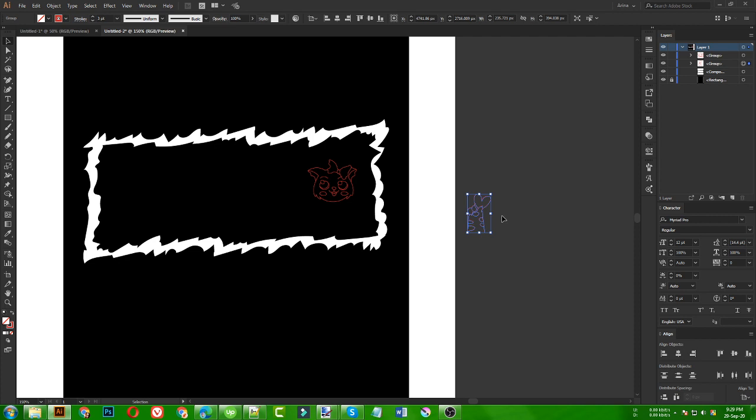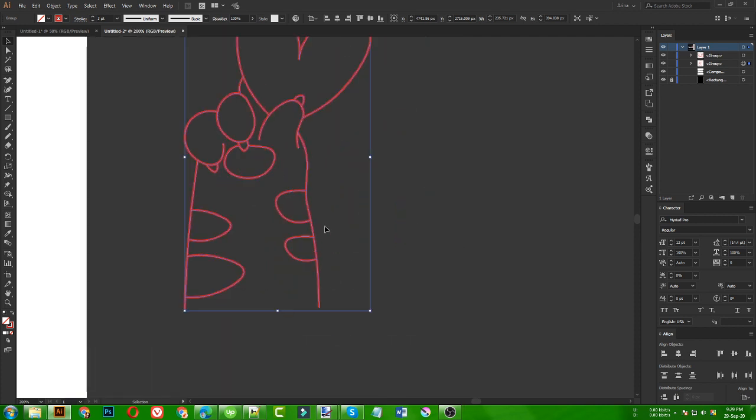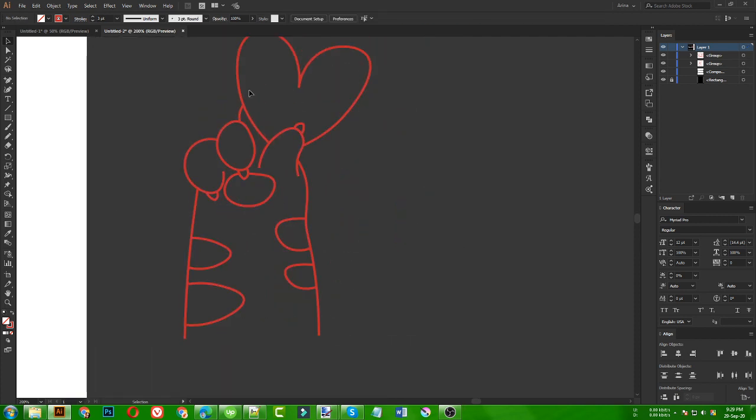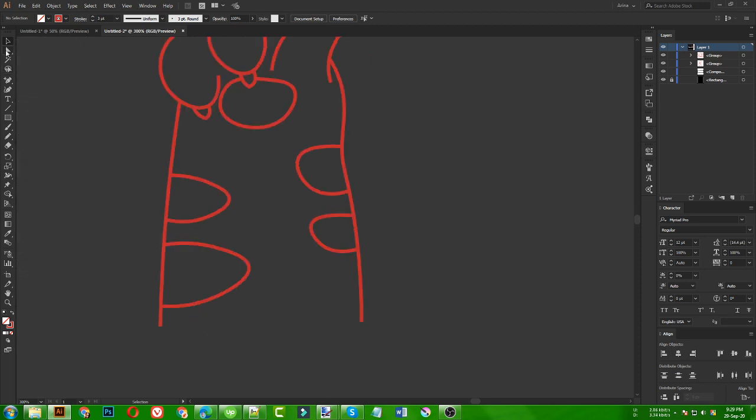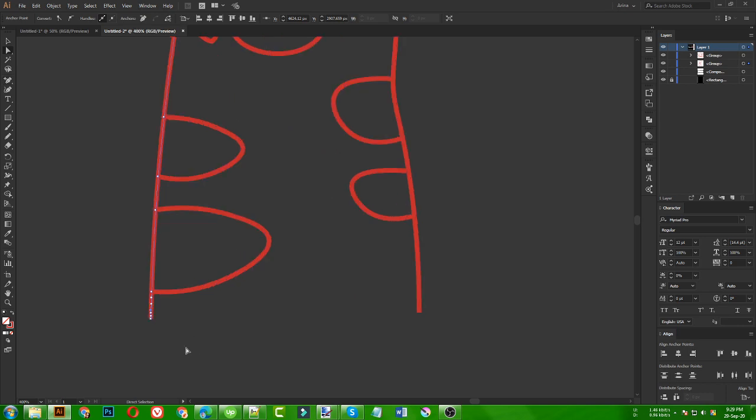Now for this one here, I need to make it a closed path vector, like everything else is closed here, just this area is not closed. So if I just take my direct selection tool here, or maybe just make an extra point here, and then if I take my direct selection tool, I can simply modify this point here, and that will not affect the other areas of my design here.